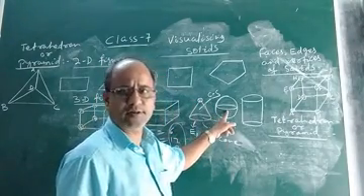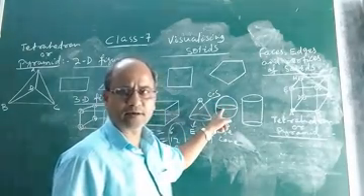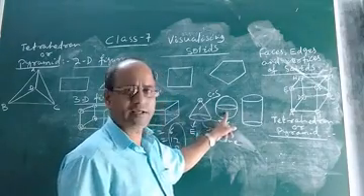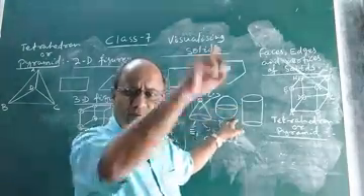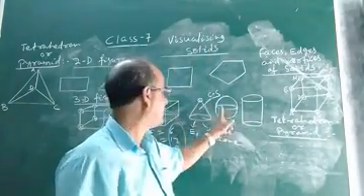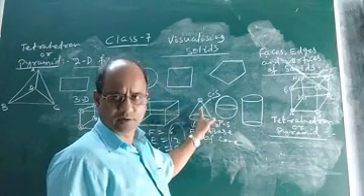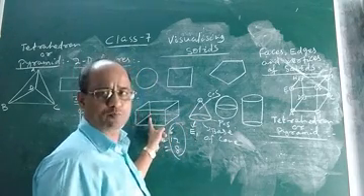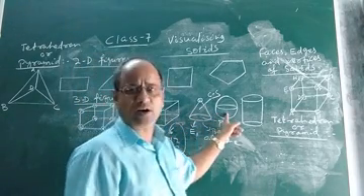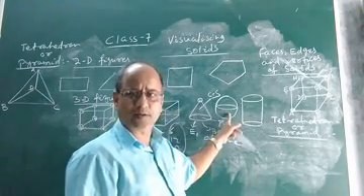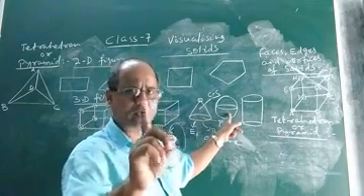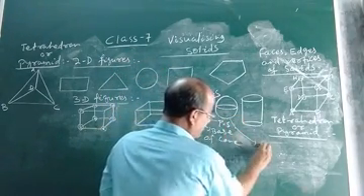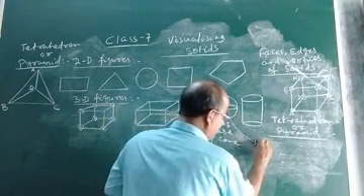Now consider the sphere. This is a figure of a sphere, which is again a 3-dimensional solid. In this sphere, how many faces are there? A sphere is nothing but a curved surface. It has only a curved surface. It has no plane surface like your cone, cuboid and cube. So as it is only a curved surface, it has only one face. The number of faces of the sphere will be 1.